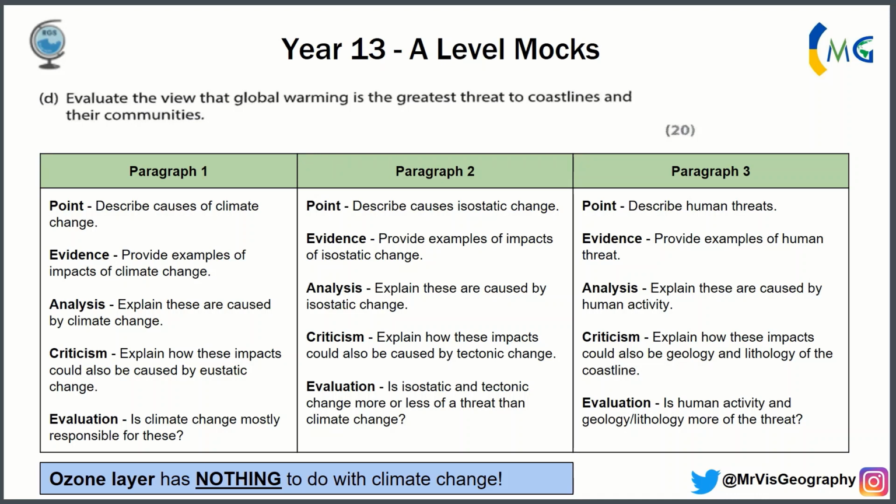That was a beast of one. It was a 20 mark answer. I always recommend you do three-piece paragraphs. The first thing to highlight is, the question was saying, evaluate the view that global warming is the